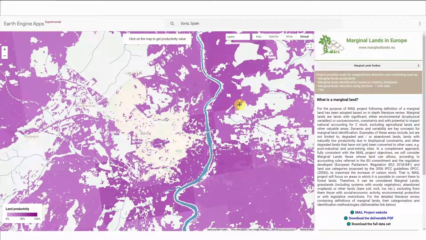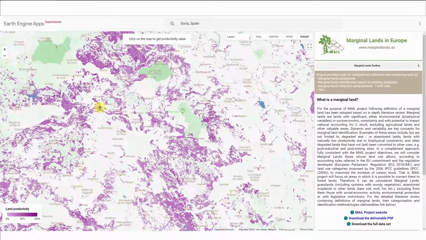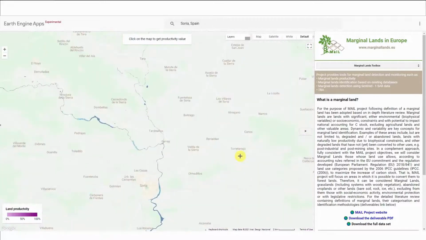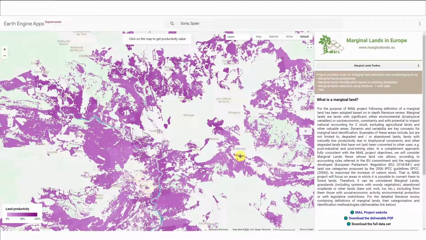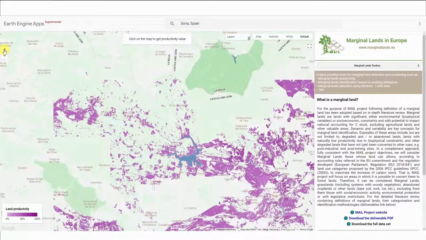Map can be controlled in the same way as Google Maps. Mouse with the scroll is the best way to move around. Left click and hold to move the map. Scroll forward to zoom in. Scroll backward to zoom out. Alternatively, you can use icons with plus and minus to change the scale.